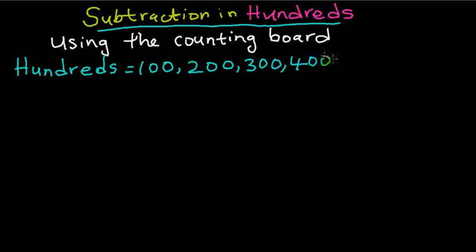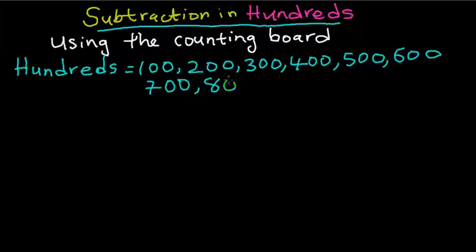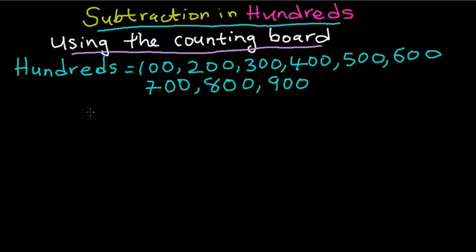400, 500 and 600, as well as 700, 800, and finally 900. So we're going to do subtraction within this range of numbers. We're going to treat how very fast, how very effective it is to use the counting board to do subtractions with this range of numbers. Okay, let's take for instance